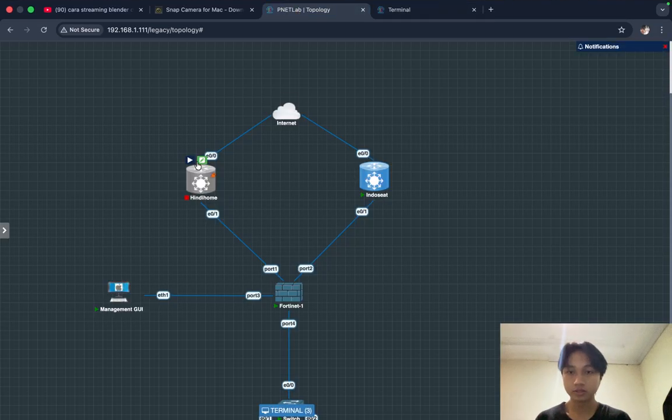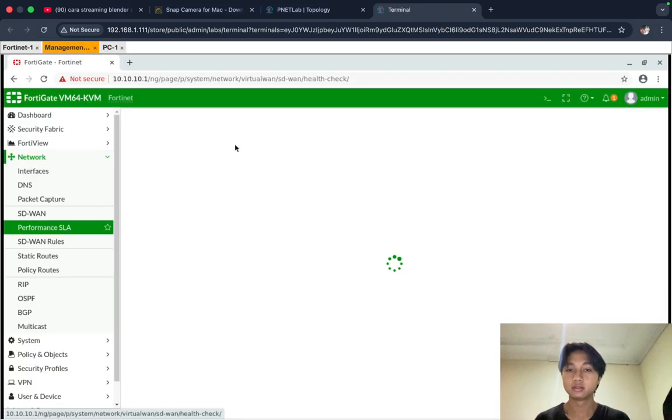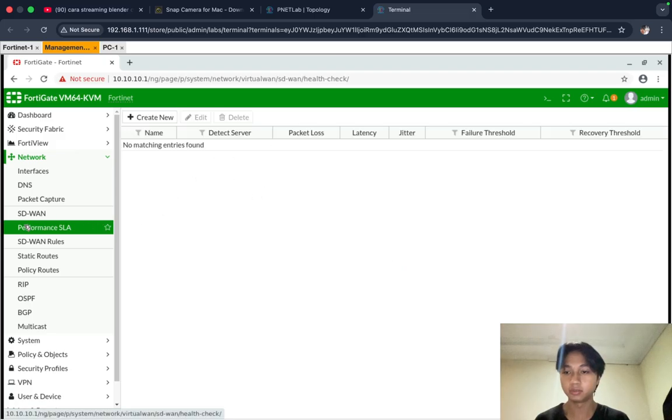Right, now I will configure the failover. First, you can go to the performance SLA and then create new.